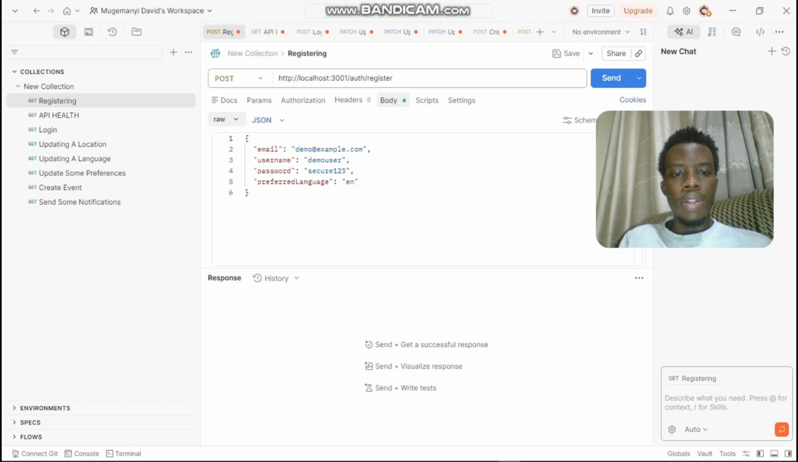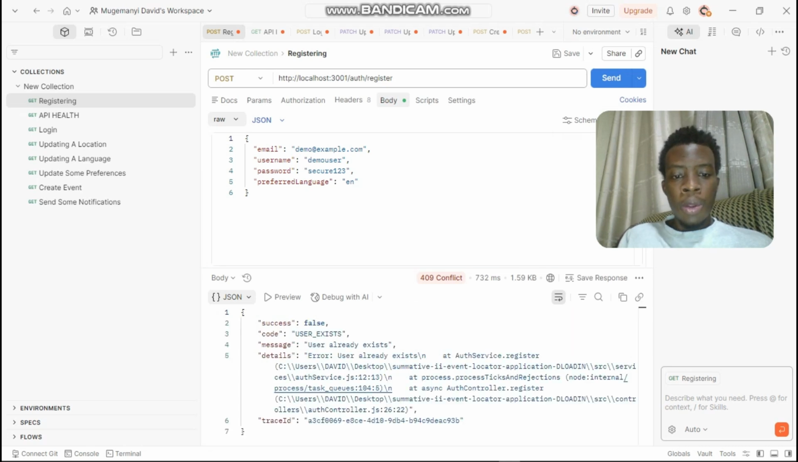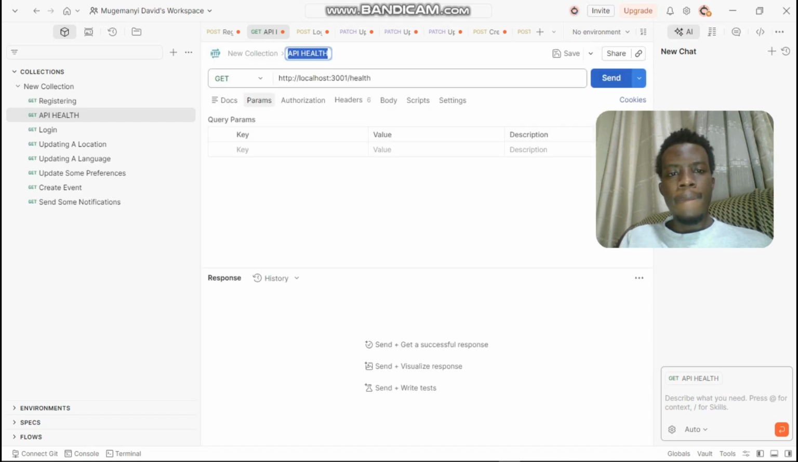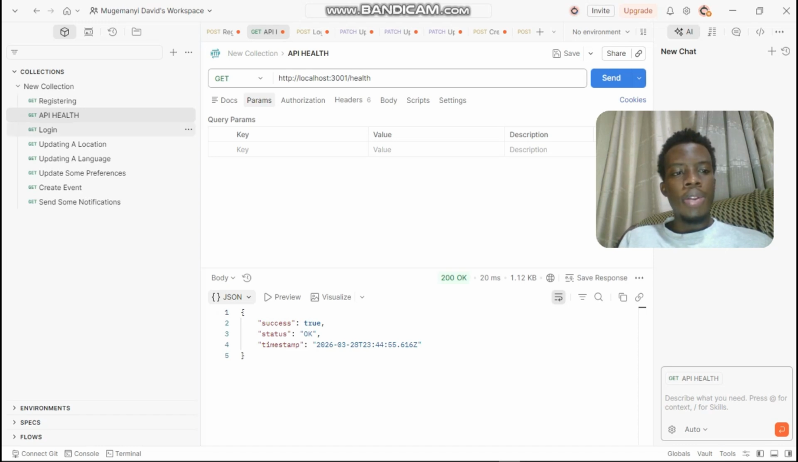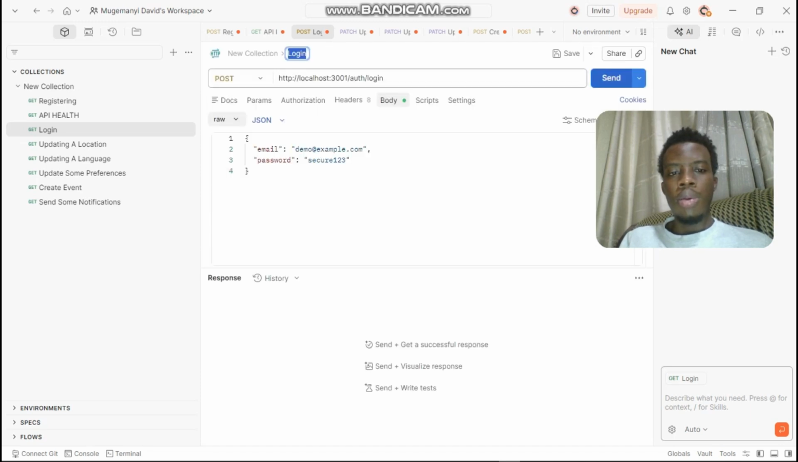Now let's test out with this user. The user is already existing, as you may be able to see. I just try to register the user. Second is to test out the API health, or the overall API health. Now, when I try to test out the login endpoint, you can also see that we can